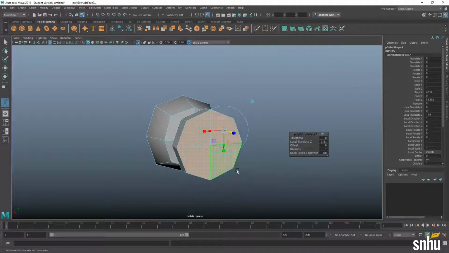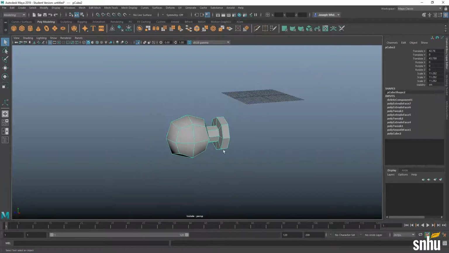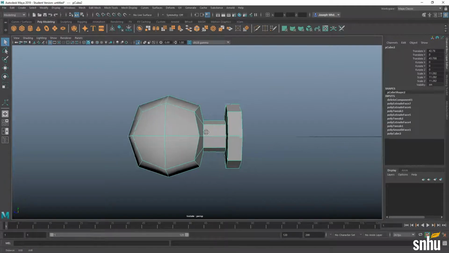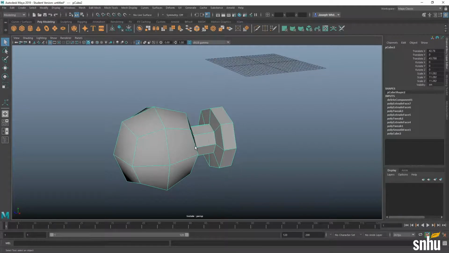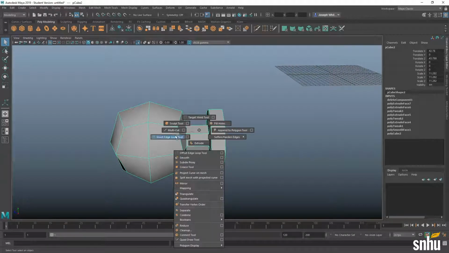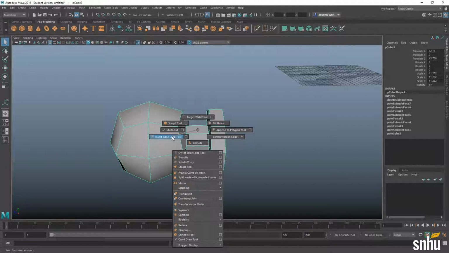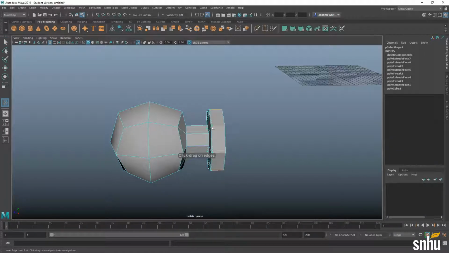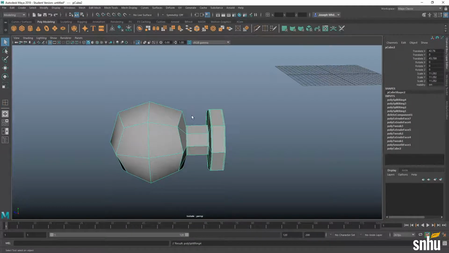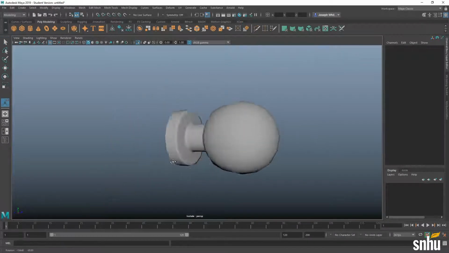Extrude again. And then I'm going to delete these faces because we don't need them because they're going to be against the door. Okay. And if we want to smooth out more, we need to reinforce these edges. So when we smooth, it'll keep this form. Okay. So hold left shift and right click, insert edge loop. Make sure you are in object mode. And then left shift, hold right click, insert edge loop. We want to make a bracer edge here, here, here, and here. So now if we press 3 on the keyboard, we'll see that it keeps our shape. So now let's click smooth once, and there we go.